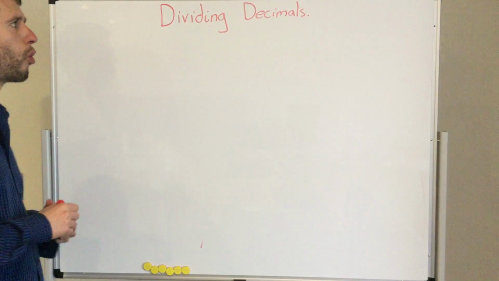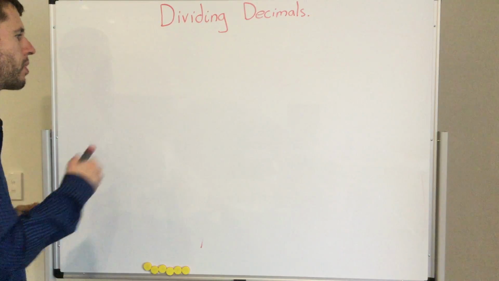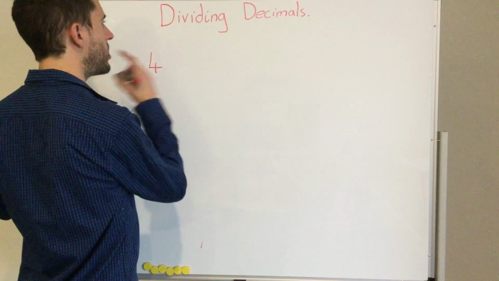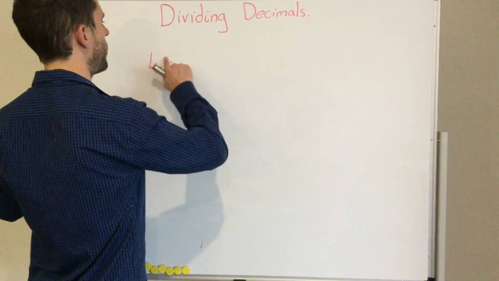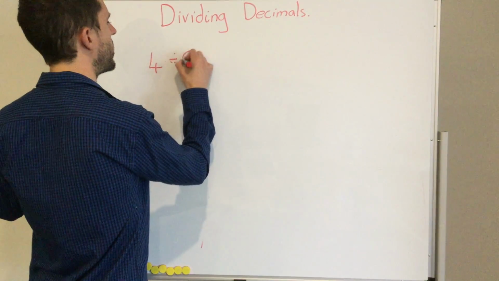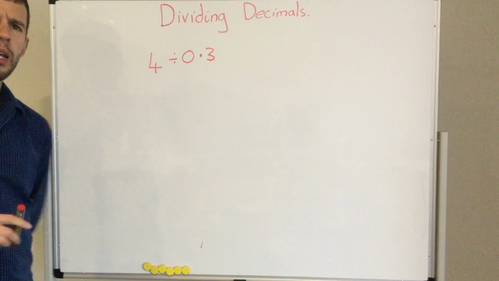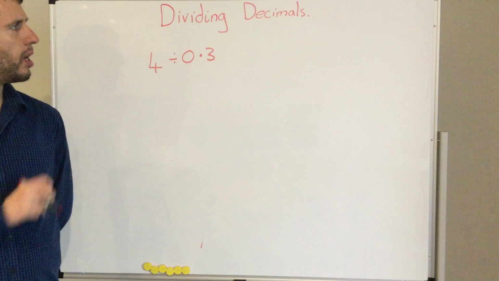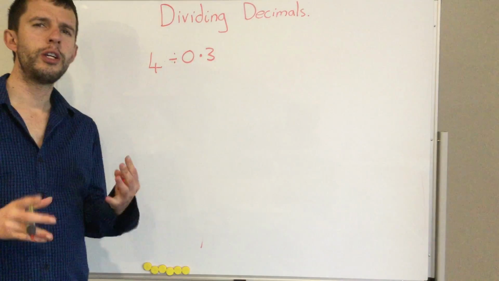We are going to be looking at dividing decimals. So I'm just going to start off with an easy one for now. 4 divided by 0.3. If I've got 4 divided by 0.3, the first thing I need to think about is using the knowledge that